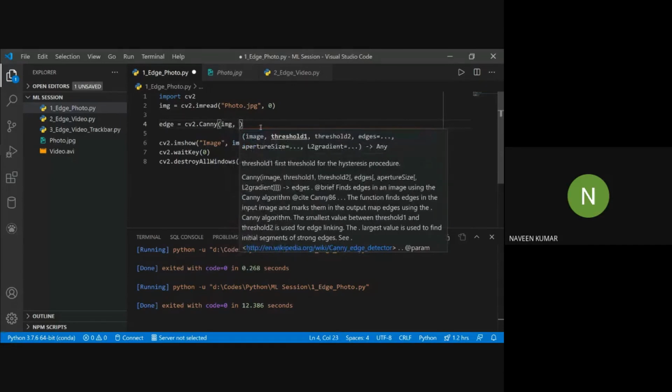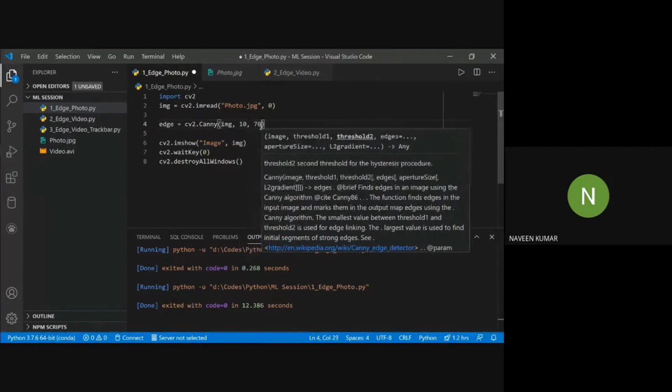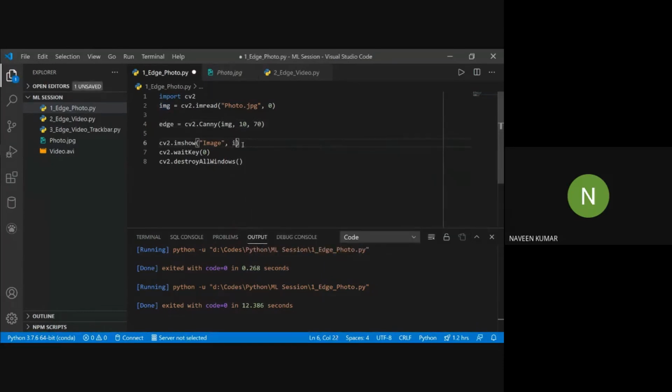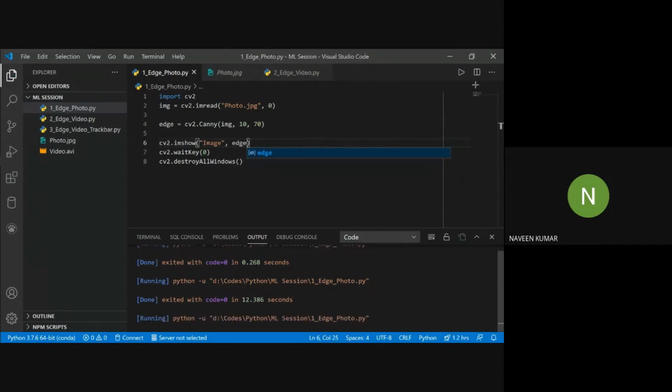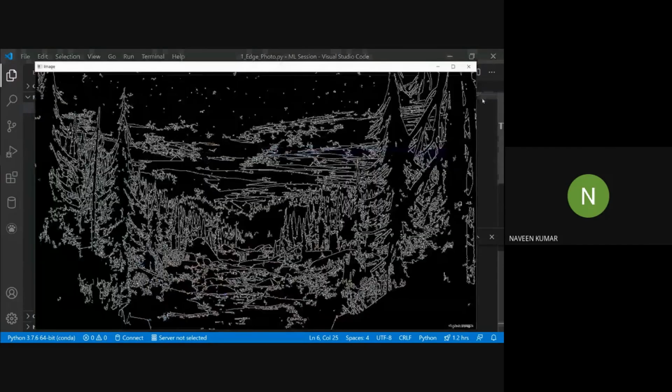Then the threshold values, as we studied in the last slide, we have to give two threshold values. So let us take thresholds 10 and 70 and show this image after detecting the edges. So this is what we get after detecting edges.